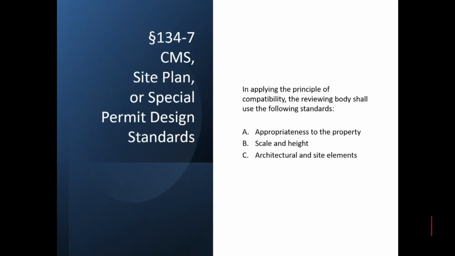So then there is an additional level of criteria to look at if you are looking at properties that require site plan approval. So anything over one family or two family, things that require site plan approval or a special permit, or things that are specifically in the CMS, the Main Street District. And when looking at those, there's an additional section of criteria, which is 134-7, that looks at the appropriateness of the development to the property, the scale and height, and then architectural elements of the building